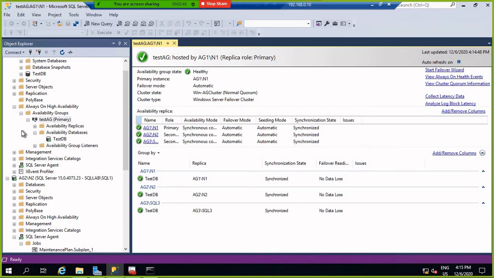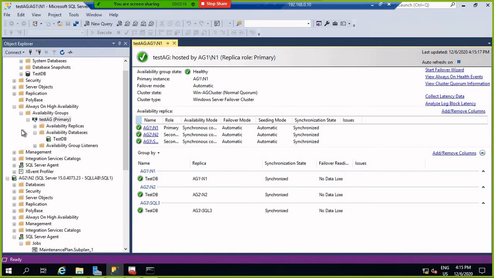So in this way, suppose we have a requirement for database restoration on the primary server, how can we perform this? We first delete that database from the Always On availability group, and perform the restoration on that database.